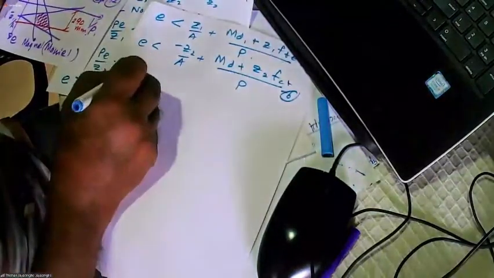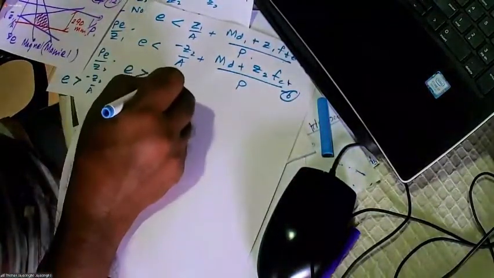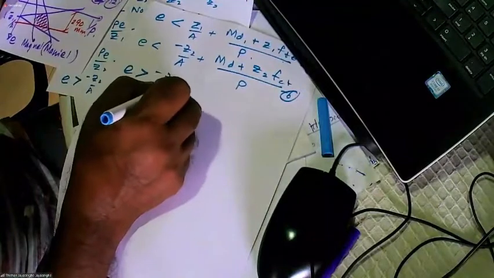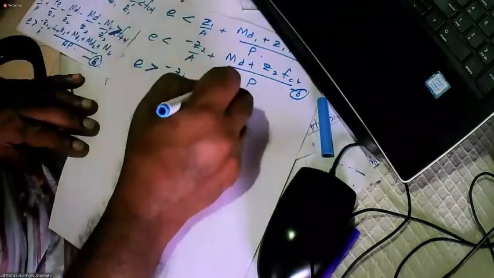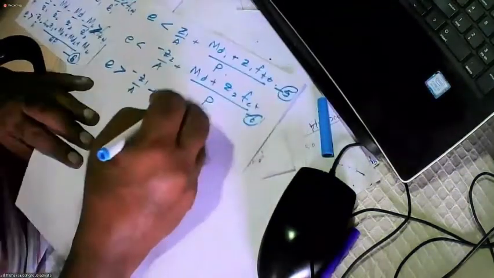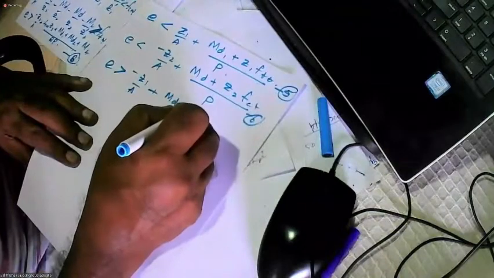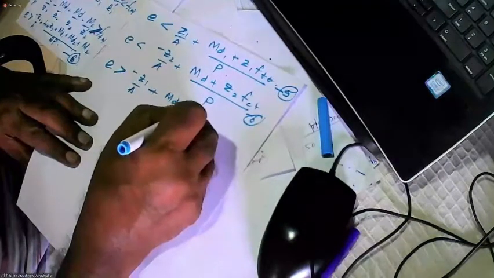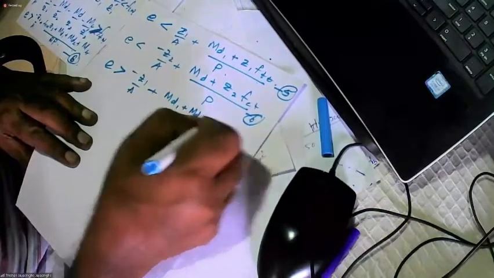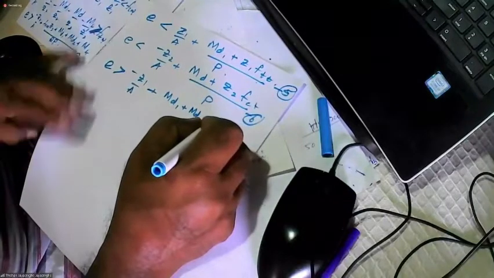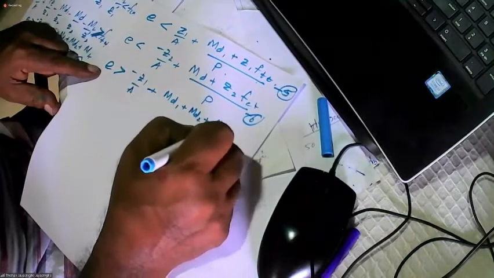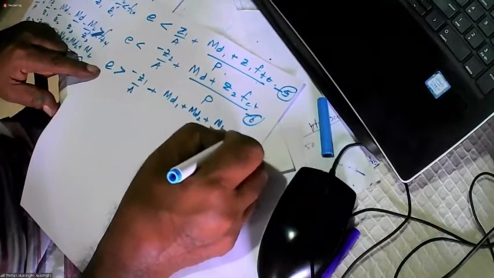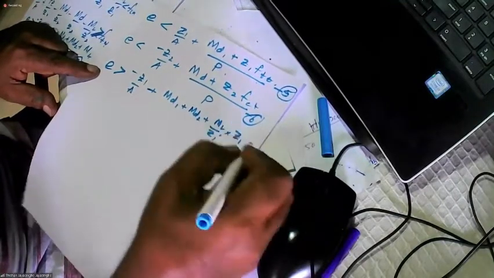Then the seventh equation is E should be greater than Z1 over A plus MD1 plus MD2 plus ML over Z1 dash multiplied by Z1